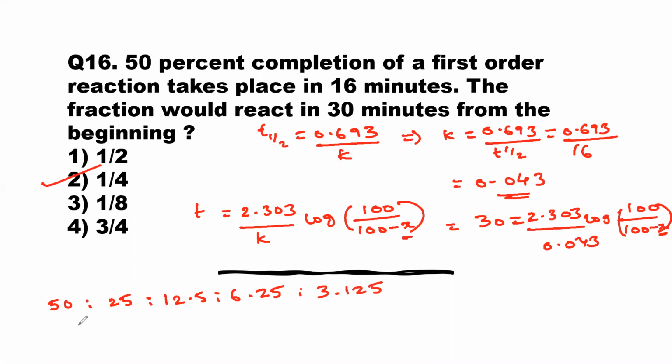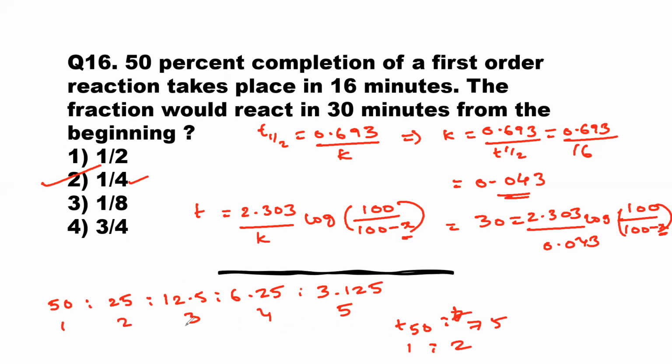Now for the first order reaction, the rate of reaction goes in the form of 1, 2, 3, 4, 5 times. For example, when 50% is completed, that is T50. 50% is left. Now this is 25% left, means already how much is completed? 75. So T75. They are in the ratio of 1:2. It means, suppose 50% of a first order reaction is completed in 15 minutes, then 75% of the reaction will complete in 30 minutes. So if you take 16 minutes, 75% means 32 minutes. So approximately 30 minutes means 1/4.